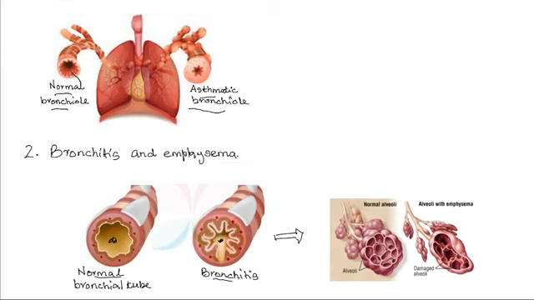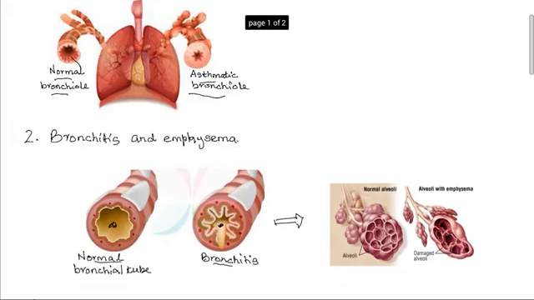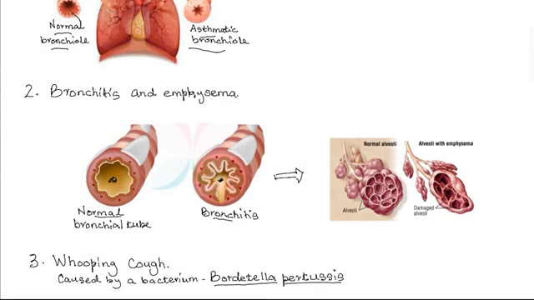So acute bronchitis sets in abruptly, and the symptoms are quite clear and observable, and it may clear within a few days. Then the second type is the chronic bronchitis. Chronic bronchitis develops after several repeated attacks of acute bronchitis, and it may develop into another complication known as emphysema. The chronic bronchitis usually affects the lower respiratory tract,